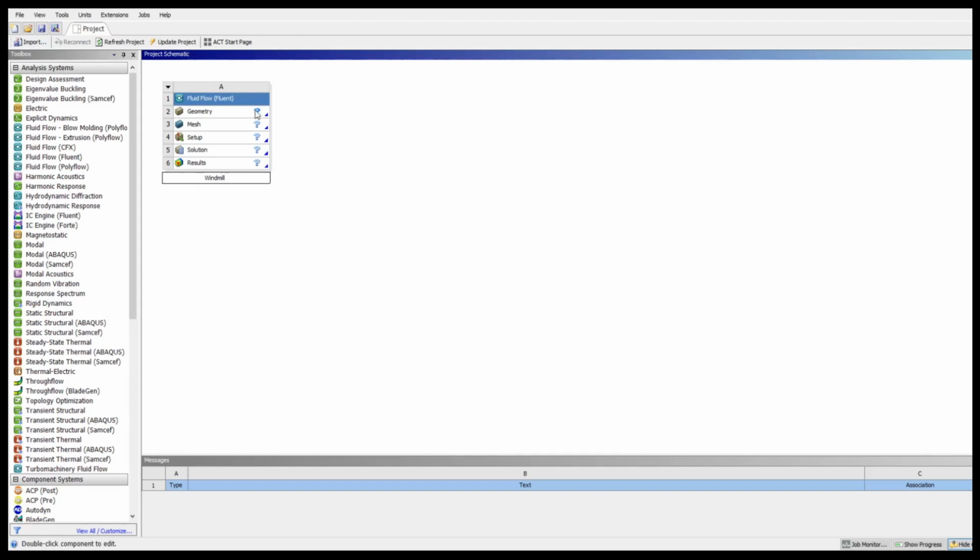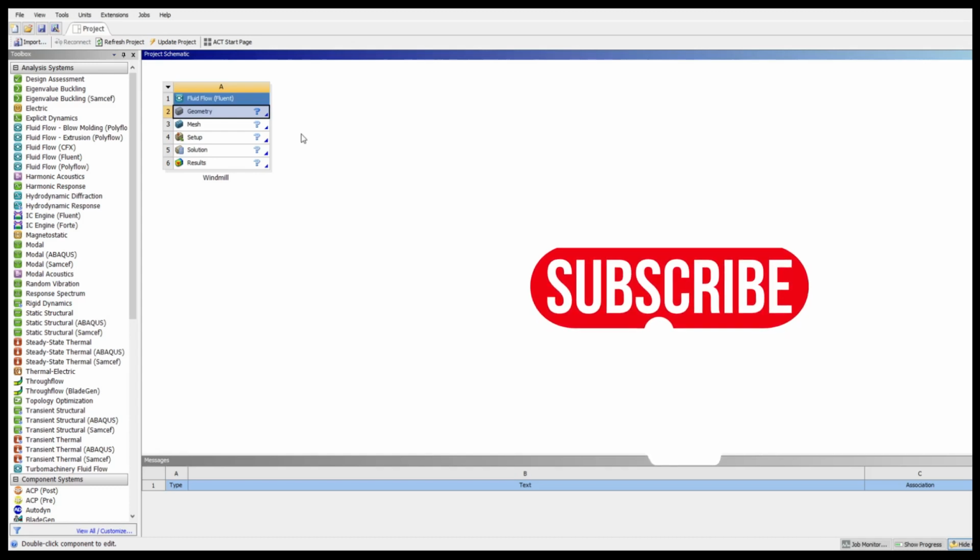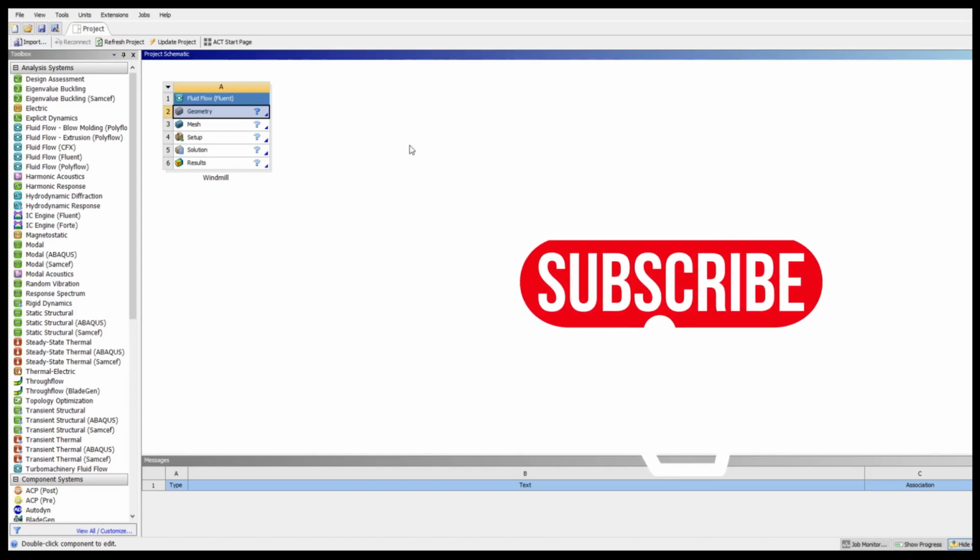Okay, that is fine, and now we can move towards the step of importing the geometry. Right click on the geometry option, and in the design modeler we can choose which geometry we are choosing. Import the geometry. Okay, and I will be importing the asm.igs that is listed in this window, and okay, fine, I have imported the geometry. Let us open the geometry and see.